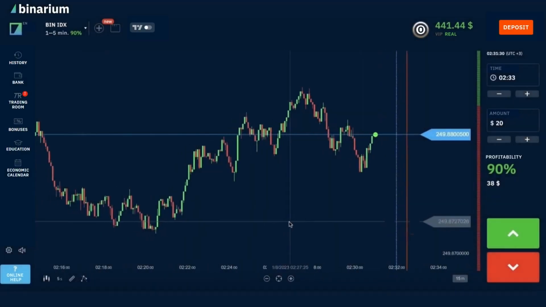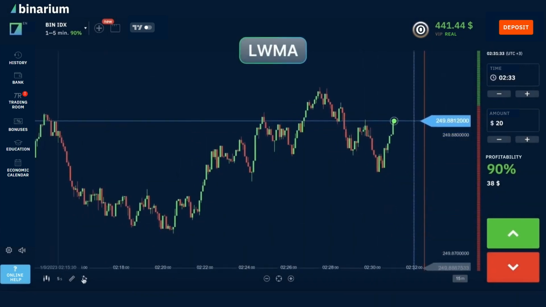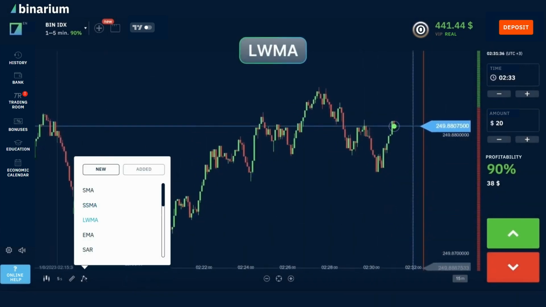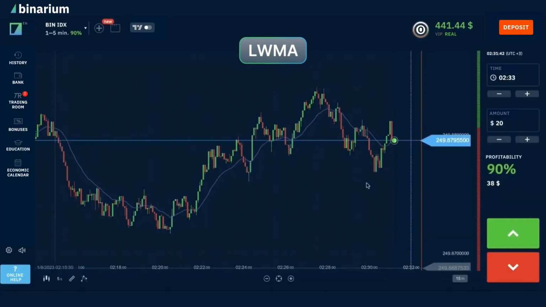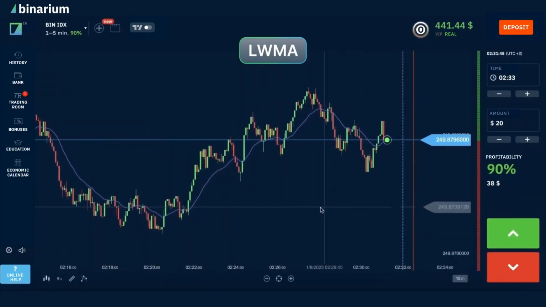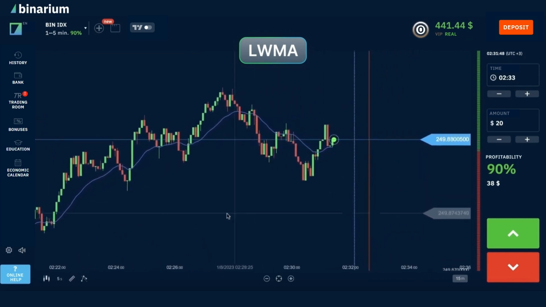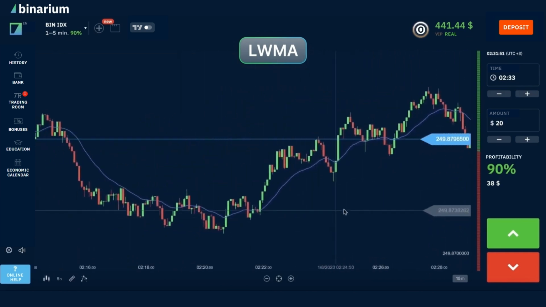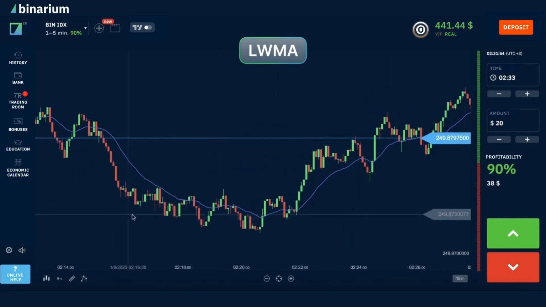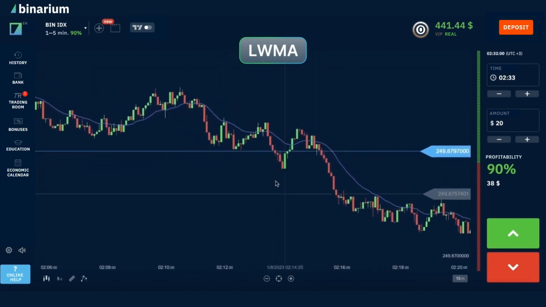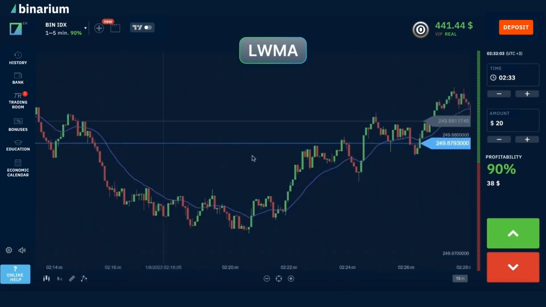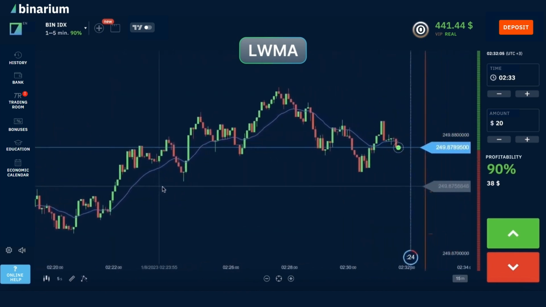Next, let's look at the linearly weighted moving average, LWMA. This indicator is also sensitive to recent price changes, but it assigns different weights to different data points. Like other moving averages, LWMA can serve as a support resistance level, identify trend reversals, and help find entry and exit points. However, keep in mind that LWMA is also sensitive to market noise, so it should be used in